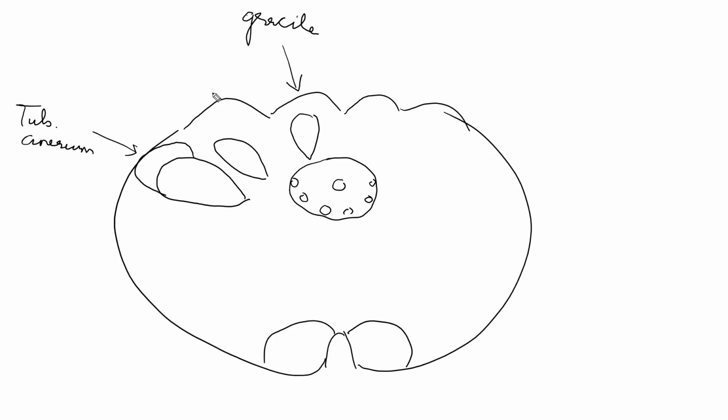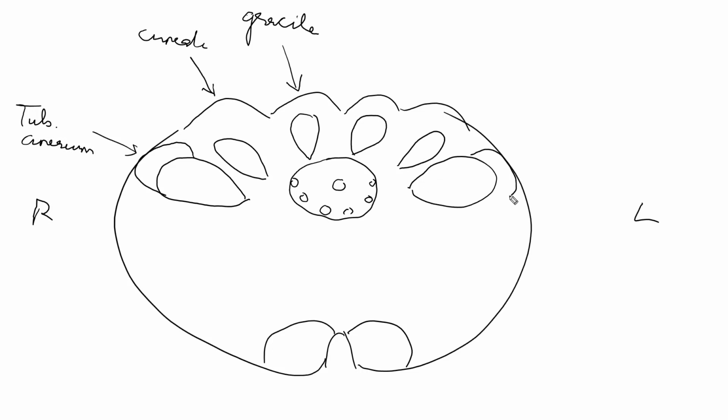Okay, so this is the cuneate tubercle and medial one is the gracile tubercle. Similar things we will draw on the, if this is the right side and this is the left side, on the left side also we will draw. Okay, right. Now in the fasciculus gracilis and in the fasciculus cuneatus, there were first order neurons which were coming